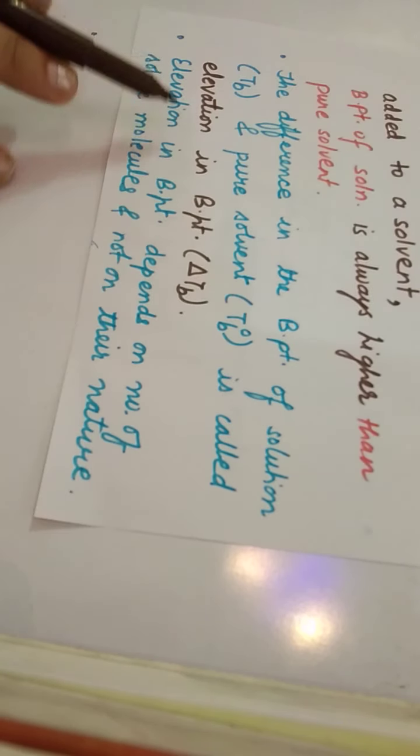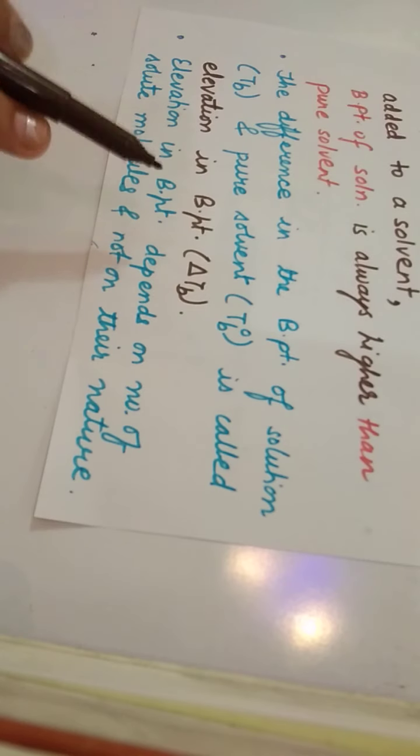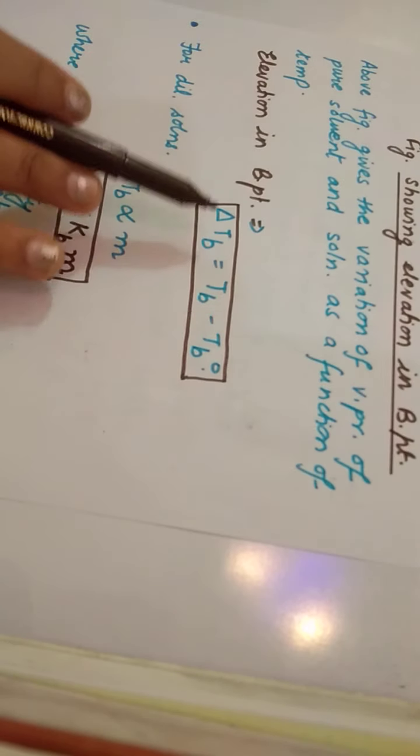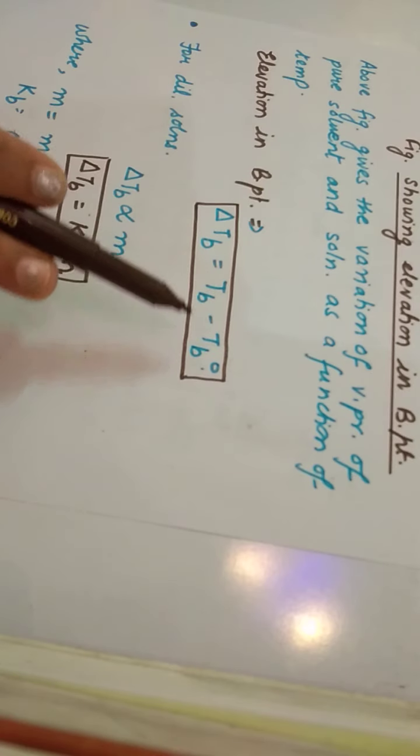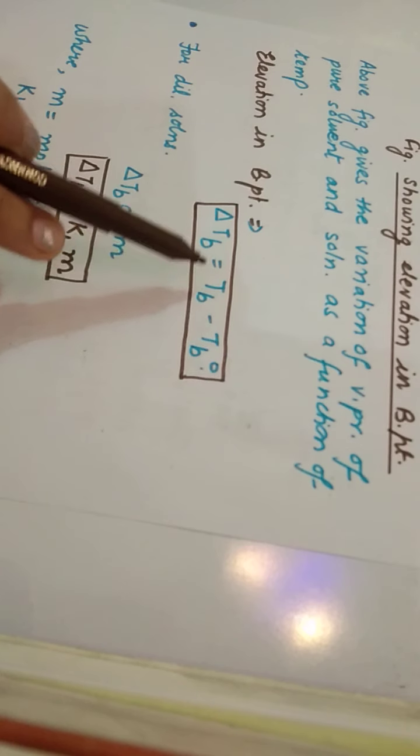Delta Tb is the elevation in boiling point, which is a colligative property, and whenever it is a colligative property, it always depends upon the number of solute particles and not on their nature. So what is elevation in boiling point? It is delta Tb, which is equal to Tb minus Tb naught,